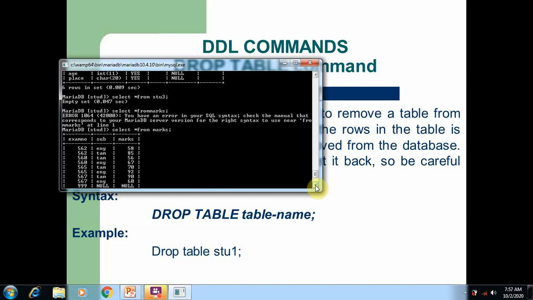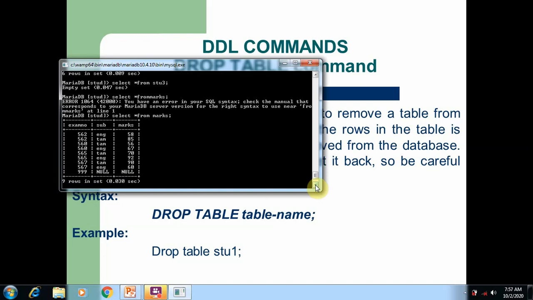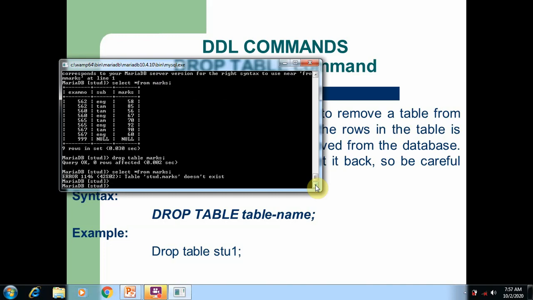Truncate will delete all the rows and free the space of the table. Drop table will delete all the rows as well as the structure of the table. The DELETE command will delete rows, all rows as well as specific rows, but the DELETE command is not able to free the space of the table. Only truncate is able to free the space of the table. In fact, drop table also frees the space of the table. But the difference is that when you use the truncate command, it will delete records only and free the space of the table. When you use drop table, it will delete the records as well as the table and free the space permanently.